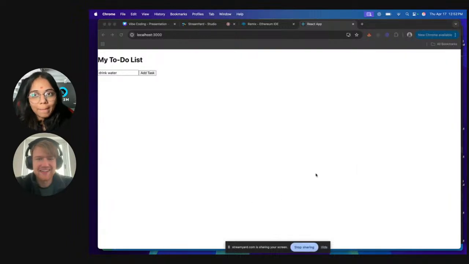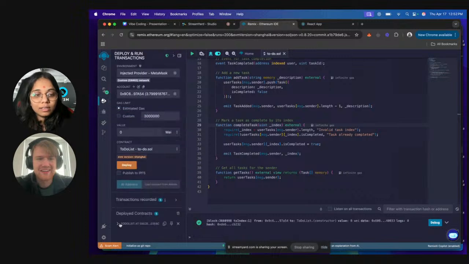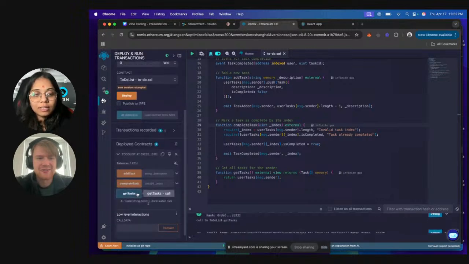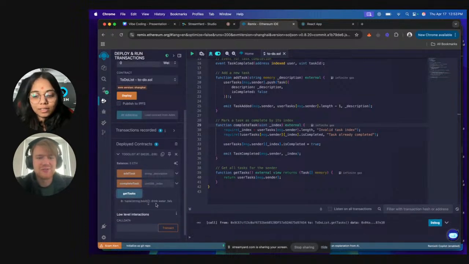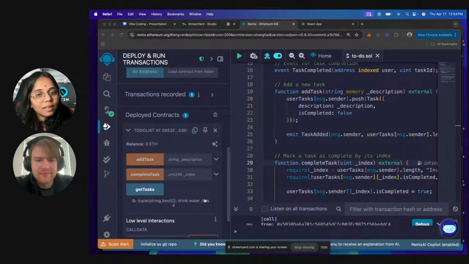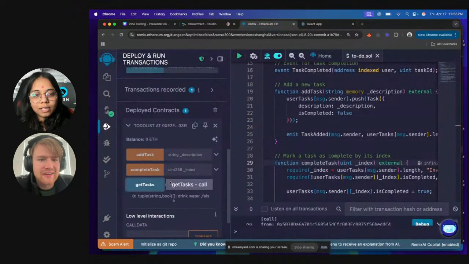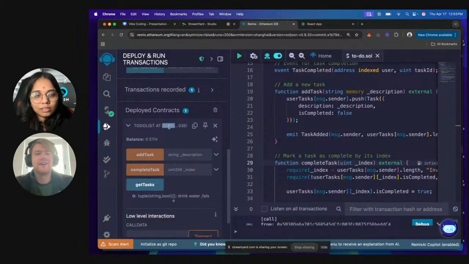Okay, and we can check here whether it's running or not. Get tasks. Okay, likely that one. Did it connect with the smart contract? Yes, because I did the connection. Let's check the... Oh, okay.